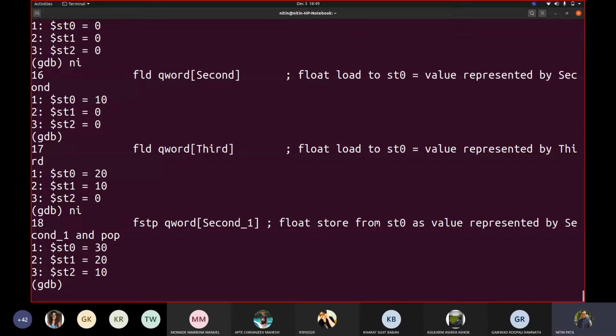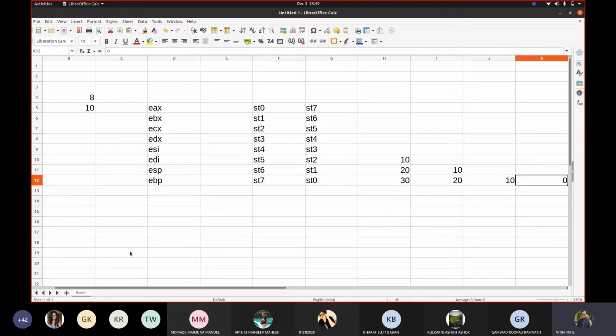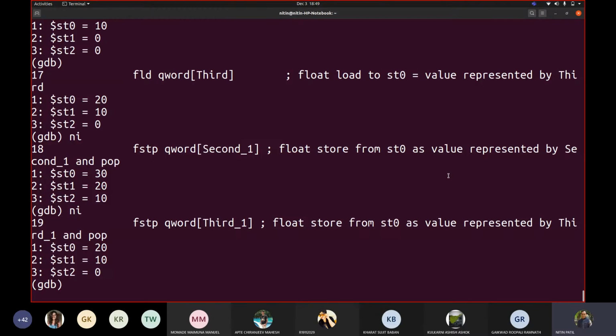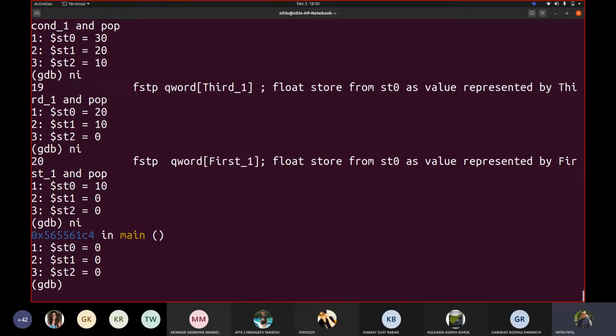Now let us see what happens. Now I am using FSTP. What happens is this 30 should be removed. Now st1 would be shifted to st0, st2 would be shifted to st1. Now see what happened. Can you see the thing that I showed in the Excel spreadsheet? What I showed was 20, 10. Now we are seeing it from this side, bottom up. Now only 10 should be there. So if I say ni, you will see 10. If I say ni, everything is 0.